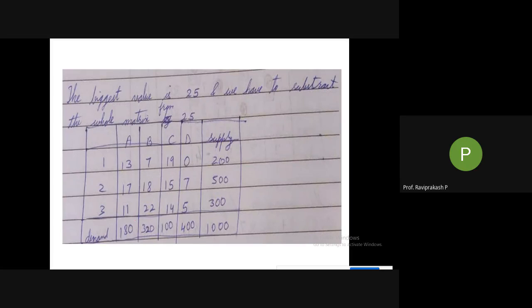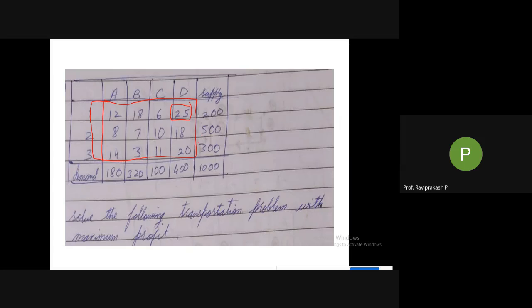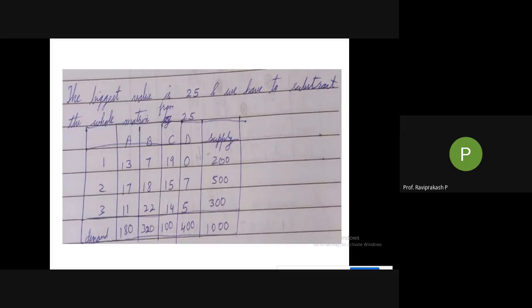Now how to do it? By taking the maximum value and taking the subtraction of all the other values with that particular highest value. Then whatever the answer you are getting, the positive one you should keep, not the negative one. Okay, it is not like the smallest number minus the greatest number. It is the largest number minus the smallest number. Okay, so you can write answer, right? The biggest value is 25. If you are having a pencil or something, you can mark like this, or you can underline it. Okay, so the biggest value is 25,